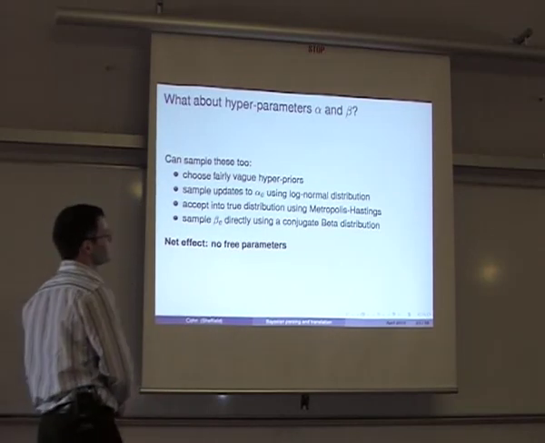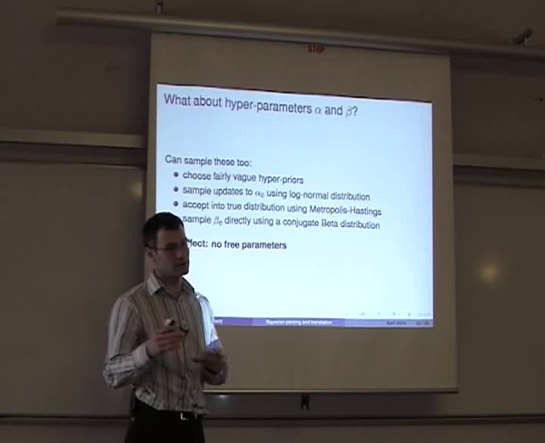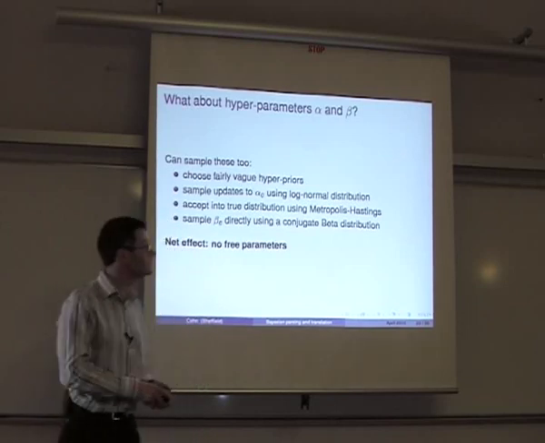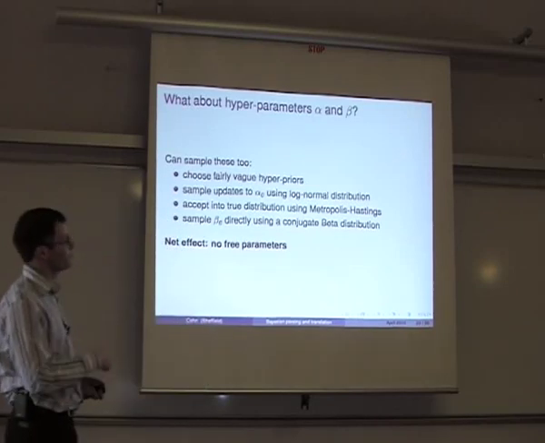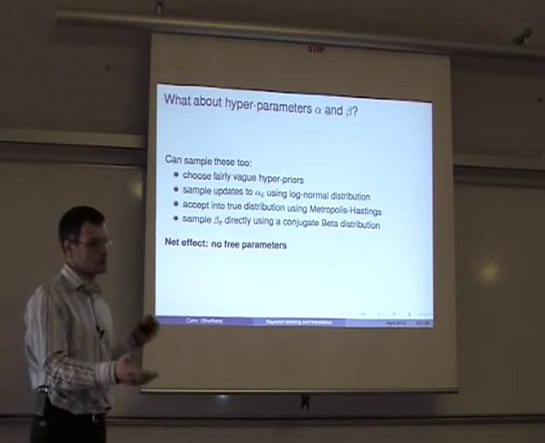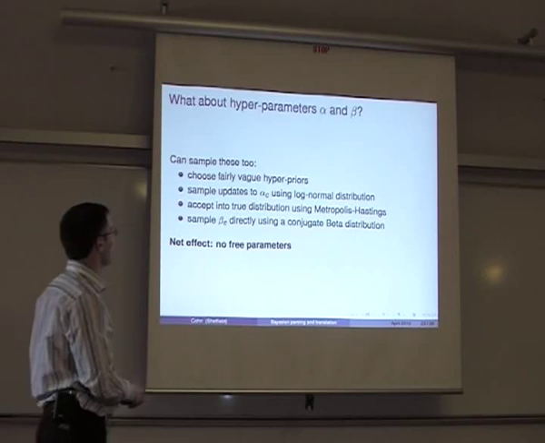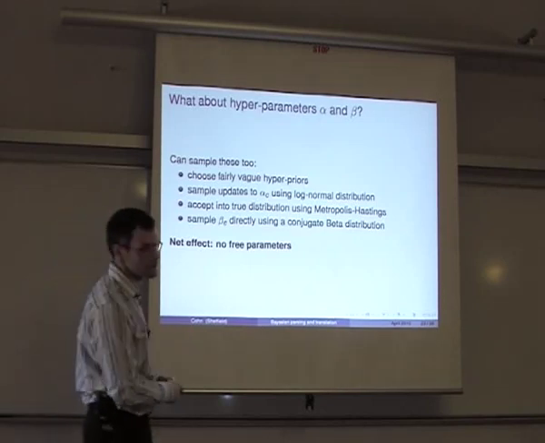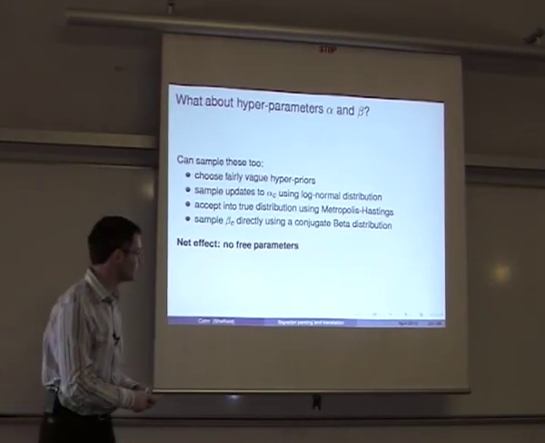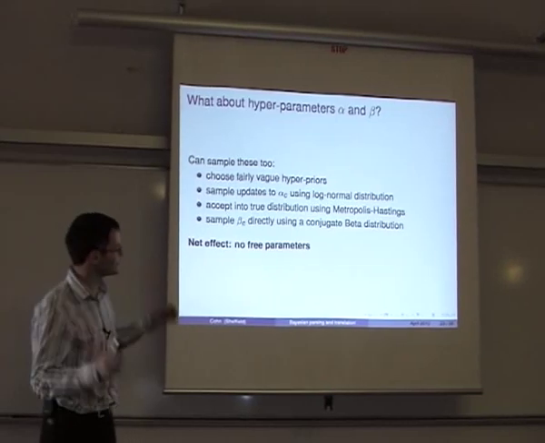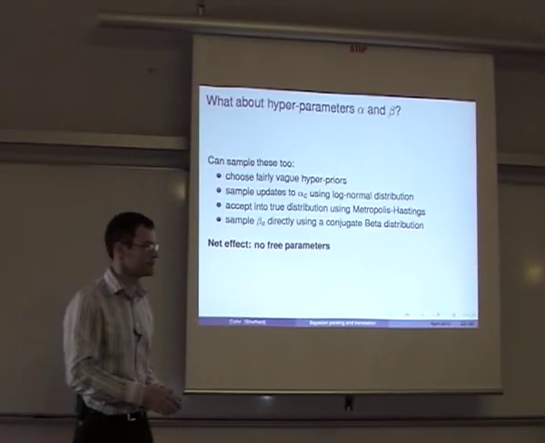Okay, so what about the values alpha and beta? So alpha, recall, controls how sparse or how dense the parameters are, and beta controls when you stop when you're doing this P0 expansion of creating your trees. So what we do is we sample these all at the same time. We're trying to be as clean as possible. We're trying to integrate out everything that we don't need.